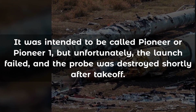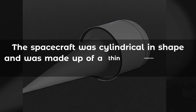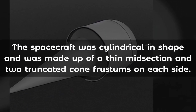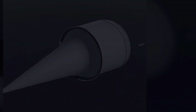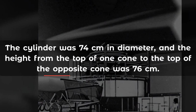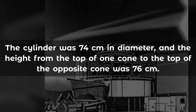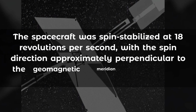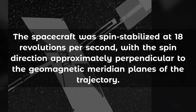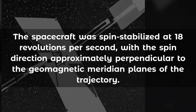shortly after takeoff. The spacecraft was cylindrical in shape and was made up of a thin midsection and two truncated cone frustums on each side. The cylinder was 74 cm in diameter, and the height from the top of one cone to the top of the opposite cone was 76 cm. The spacecraft was spin-stabilized at 18 revolutions per second, with the spin direction approximately perpendicular to the geomagnetic meridian planes